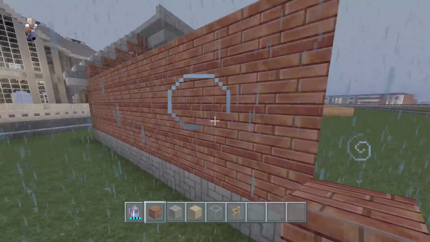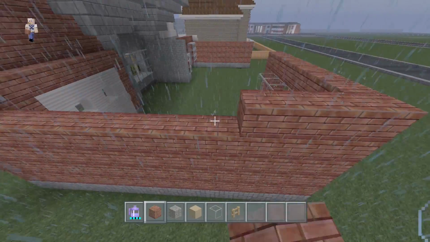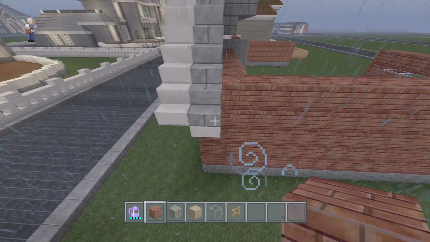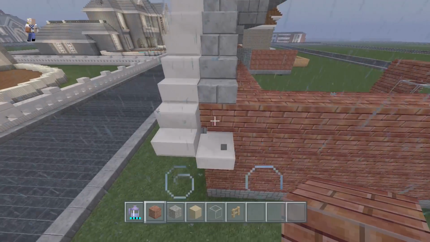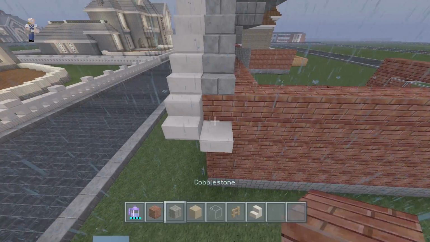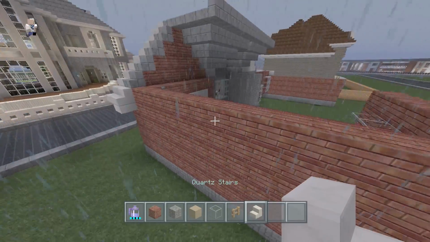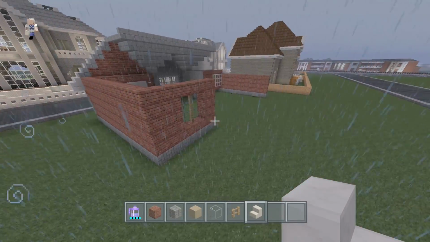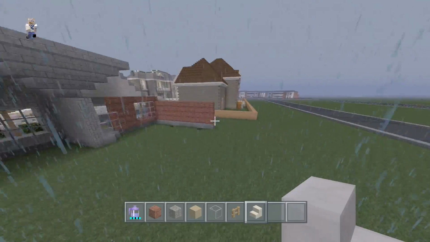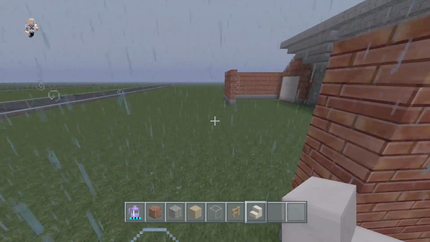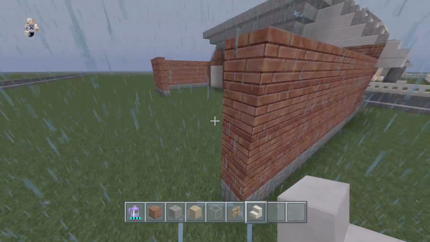Now, what we're going to do is we need to expand this one out all the way over here. And we need to get rid of this stone brick. And we need to replace it with quartz, okay? Because the quartz are going to be our outline stair, as we talked about plenty of times in the first episode.